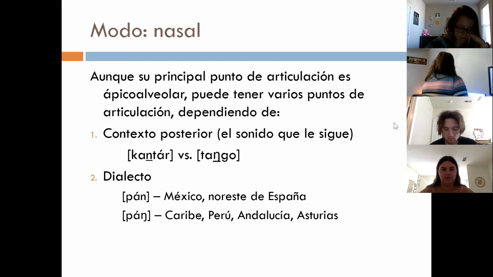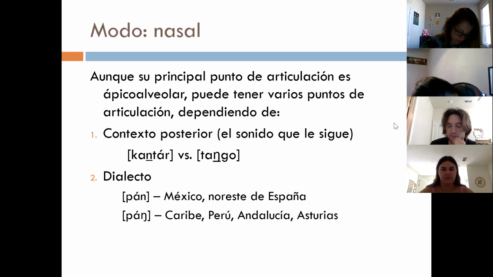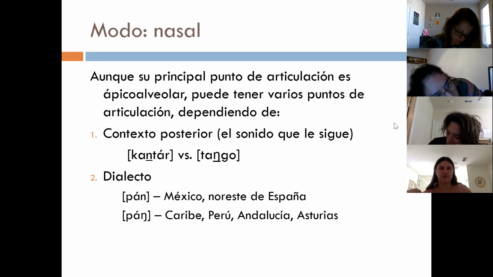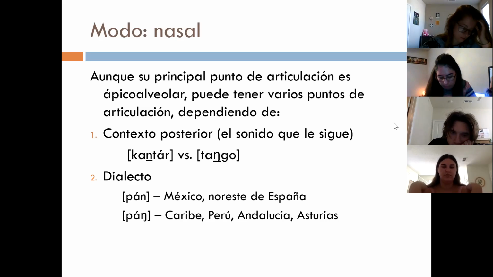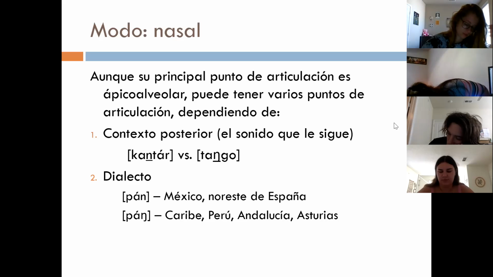Entonces. Muy bien. Y luego el dialecto determina eso también. En algunos dialectos, por ejemplo, es una N apical alveolar, pan, pero si vamos al Caribe, Perú, Andalucía, Asturias, it becomes pan. So if you see the word like ding, like ding a door, like ding dong, that sound, it's also a last name in some Asian languages. It's just an NG. It's pronounced